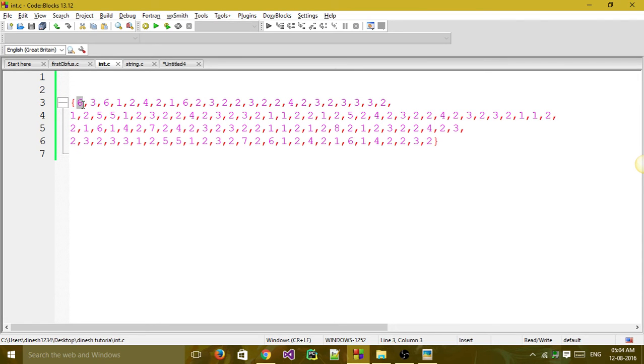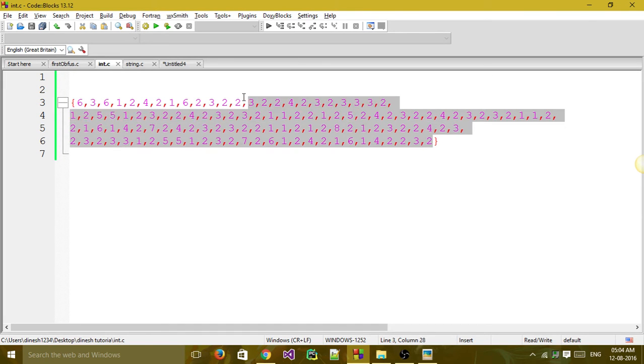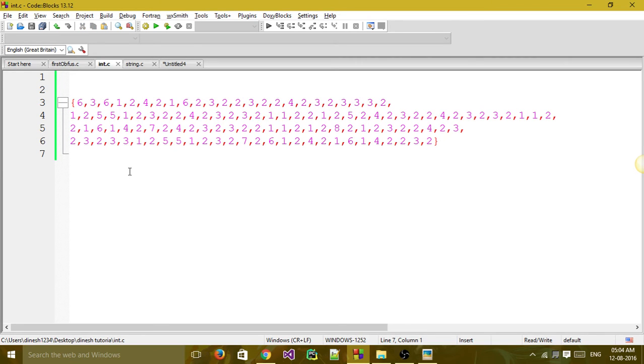So after printing 6 x's, we should print 3 spaces. After that we should print 6 x's, and after that we should print one space. In this way we can form an integer array. But by forming this integer array, someone may reverse engineer it very easily. They'll understand the code very easily. But our aim is not to make the code readable, or not to make the code understood by everyone.